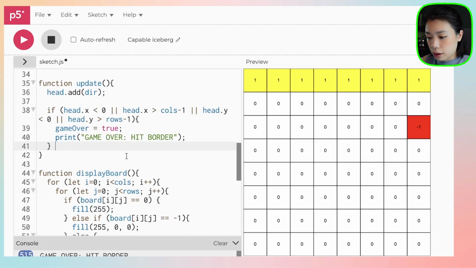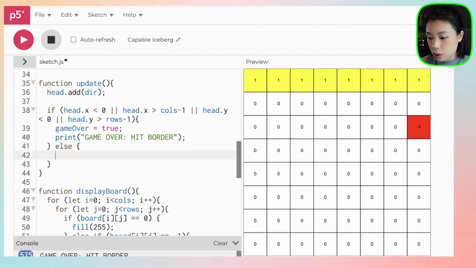We'll do that first by making this part of the else if statement here. So if gameOver is not true, then we want to set board of head.x and head.y